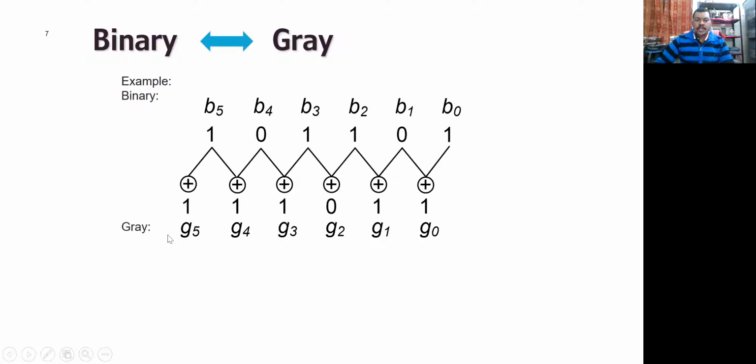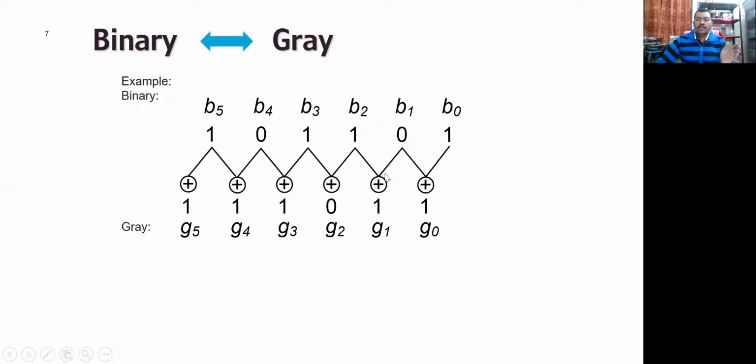The MSB is directly taken at this point. MSB means the most significant bit, which is B5 in the binary. This is to be taken at this place directly, and then we keep adding the consecutive binary bits, store the result, and neglect the carry. That is called the gray code. So this one is shifted over here directly, and now we have to add. 1 plus 0 gives you 1, 0 plus 1 gives you 1 again, and 1 plus 1 gives you 0 with a carry 1. But the carry we have to neglect, so that's why we write 0 over here.